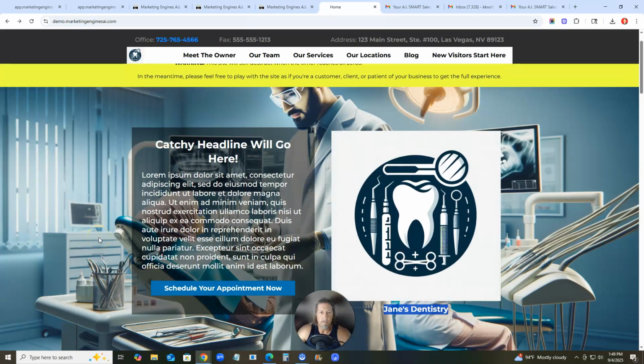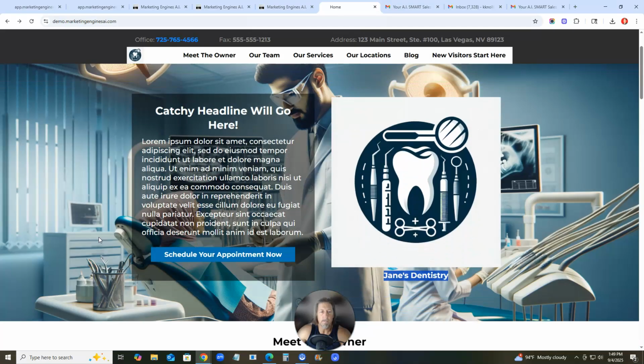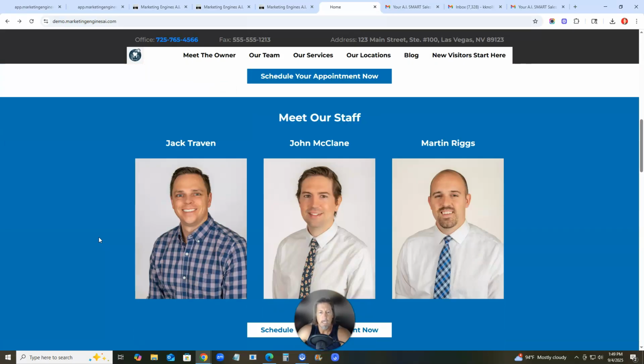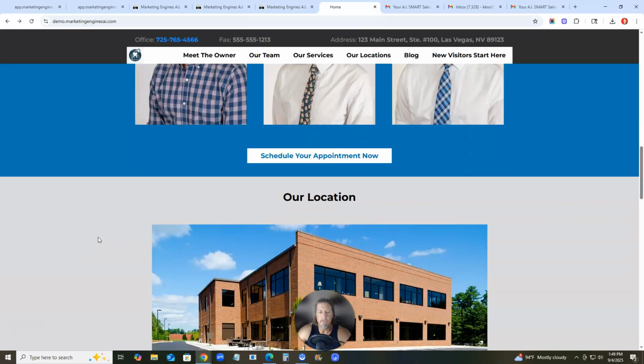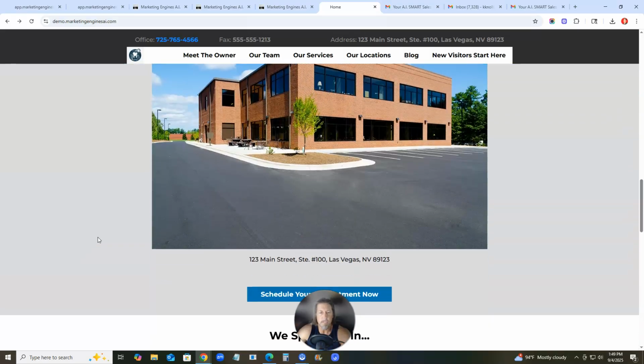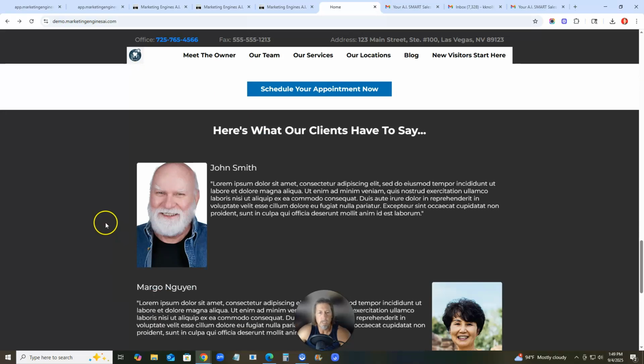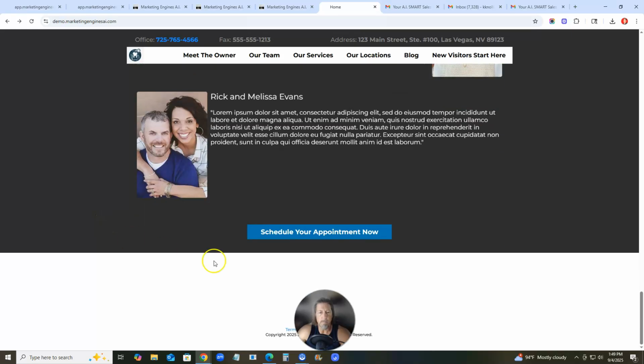Again, this could be a real office photo. It just gives them an example and a sample of what it could look like and how it could function. And of course, again, everything remains the same by default unless they upload more information. But we specialize in orthodontics, periodontics, endodontics, and so we have these 3 specializations with descriptions. The testimonials remain the same, everything else remains the same, and if they click on schedule your appointment now, then